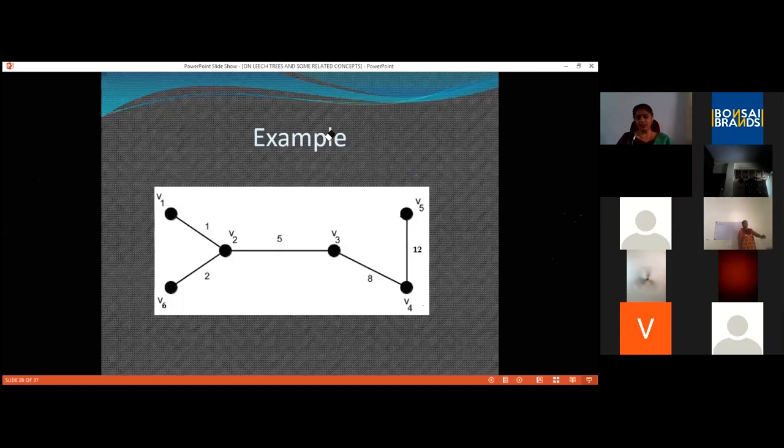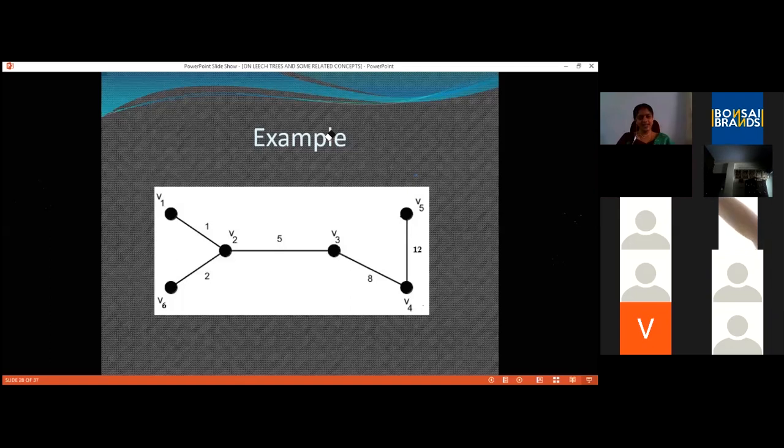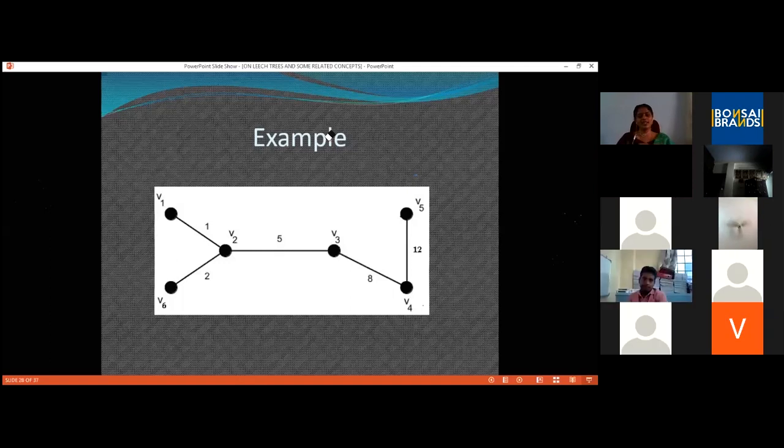Can you find a path of weight 20? V3, V5 is 8 plus 12, which is 20. And when taken modular addition with 16, that becomes 4. So V3, V5 is the path of weight 4. 5 is an edge weight. 6, sorry, 6 we get as 1 plus 5.